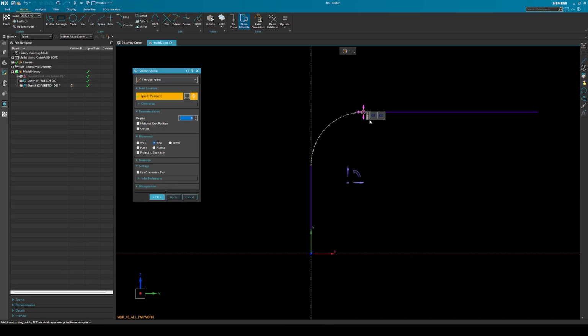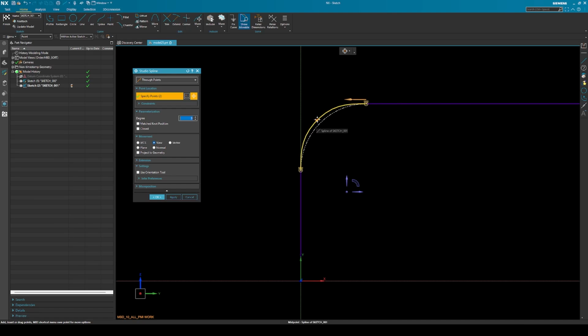And a lot of people also seem to skip this step, but let's say that we do that. Let's say you can assign curvature here, G1 or G2, but I'm just going to skip that. Let's say I'm new to NX and I forgot, and I'm going to click over here. Now, not all hope is lost. All you have to do is simply right-click on the point and then say infer G2, and then do the same thing over here, infer G2,